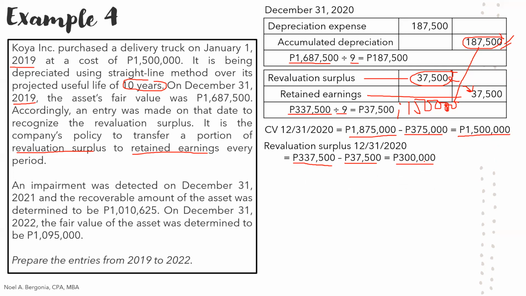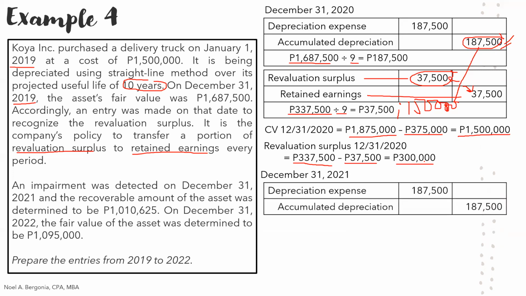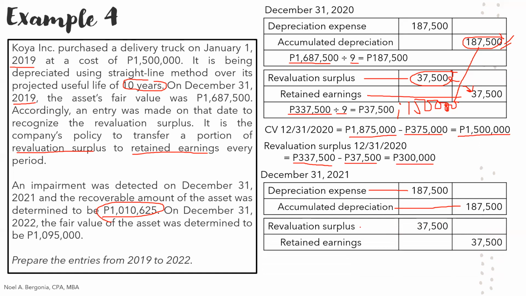So continuing with our journey, no? Journey talaga, no? So on December 31, 2021, of course, we need first to determine the depreciation and transfer the revaluation. Okay, so depreciation expense debited 187,500. Same lang po kasi wala pa nagbabago, okay, in 2021. Except na after nitong entries na to, we will have a new recoverable amount, no? So we credit accumulated depreciation 187,500. Then the transfer of the revaluation surplus to retained earnings, so debit revaluation surplus, credit retained earnings